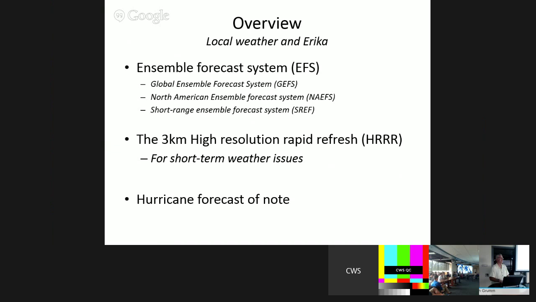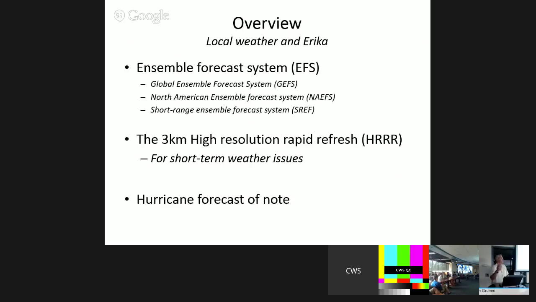I just got an email today. They're just releasing a parallel version of the GEFS. It's going to be run at 33 instead of 55 kilometers. So I'm going to try to get that feed going, because it's nice to see if it has any differences with the outcome of Erica. I just got the email before I came over here. Of course, there are other ensemble forecast systems, like the EC and the UK and the CMC. And the NAEFS actually contains the CMC, the Canadian Meteorological Center's ensembles.